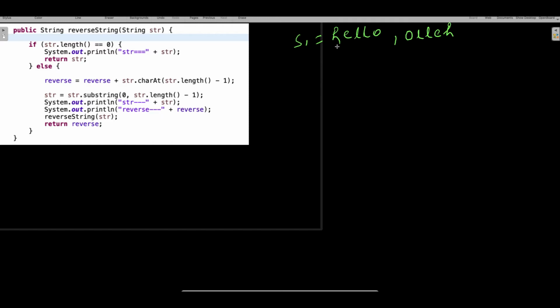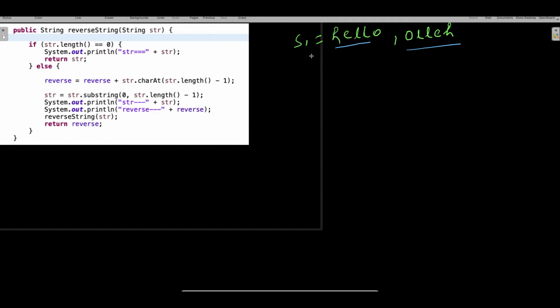If you look, this is your input and this is your output, right? One thing you can make out by looking at the input and output is that whatever input you have first is going to be last, and whatever input you have last is going to be first, which means somewhere your input is getting rotated.